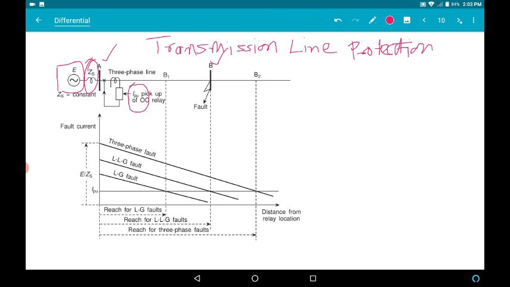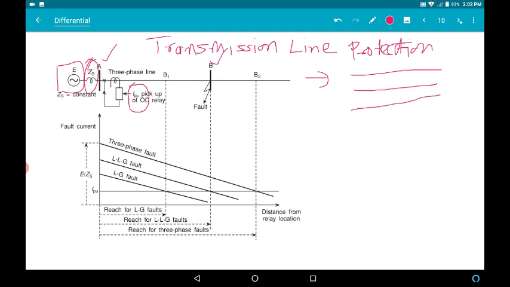trip. Now what happens is that the lines are long, and because of the length of the line, the impedance of the line also comes into picture, and because of this, the current in the line will be dependent on the impedance of the line as well, right? So for example, if there is a line to ground fault, because there are three lines, this single line diagram is nothing but three lines like this.